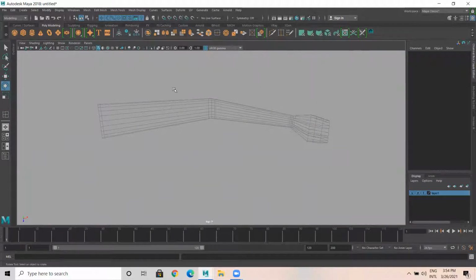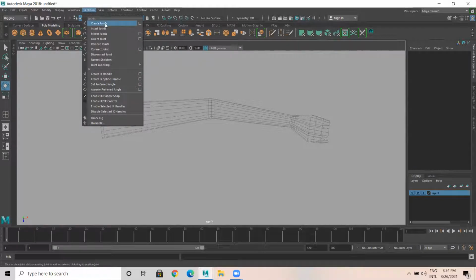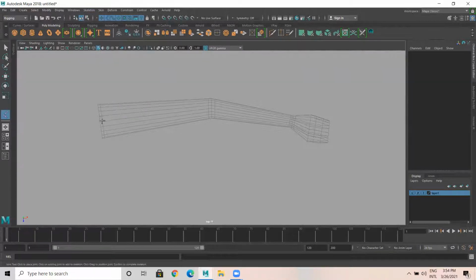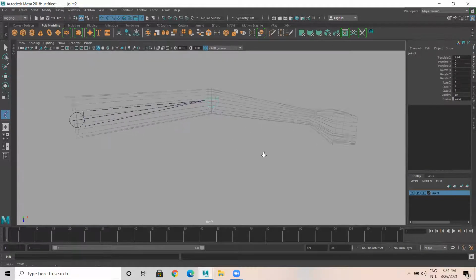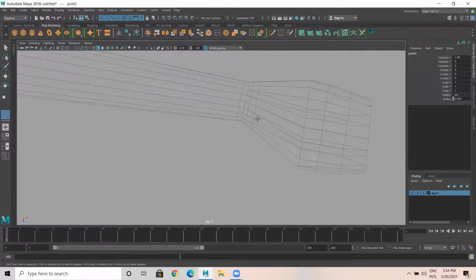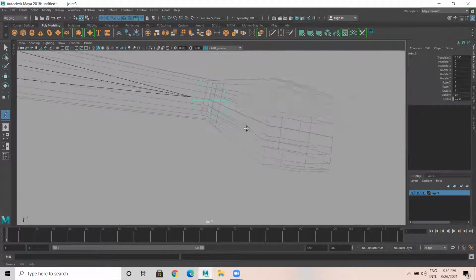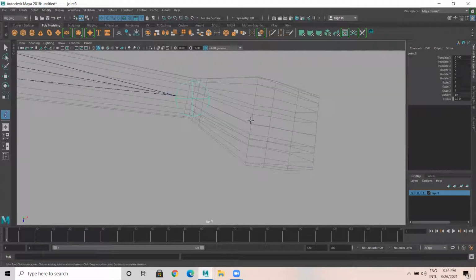You have to create joints using the top view. So now come to Rigging, go to Skeleton, Create Joints. The first joint has to be the shoulder, then elbow, then forearm here, then here it should be the palm.